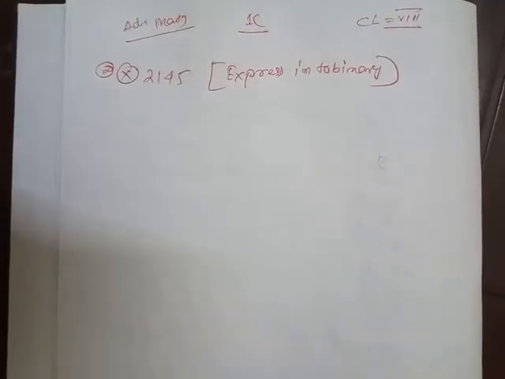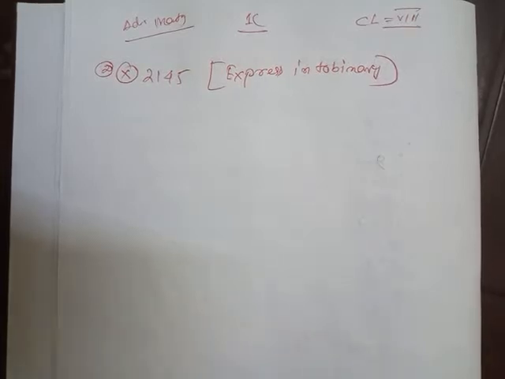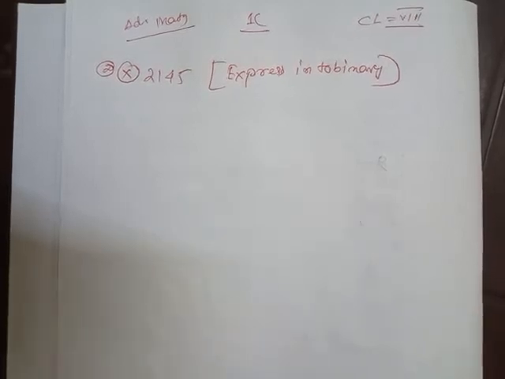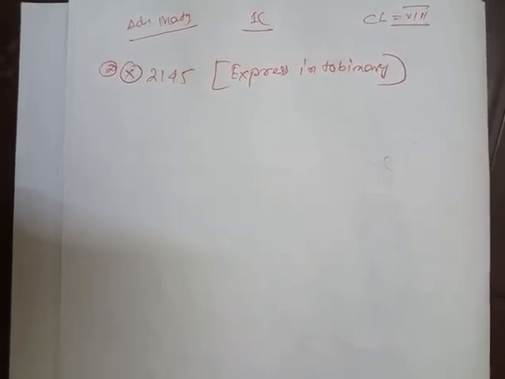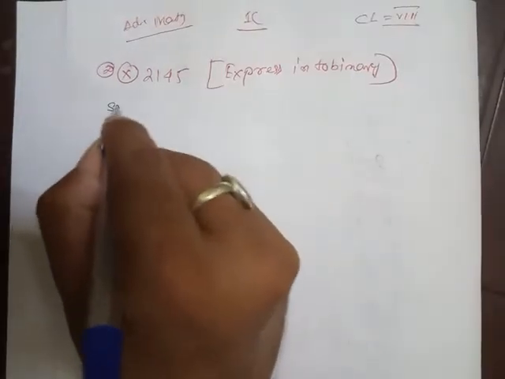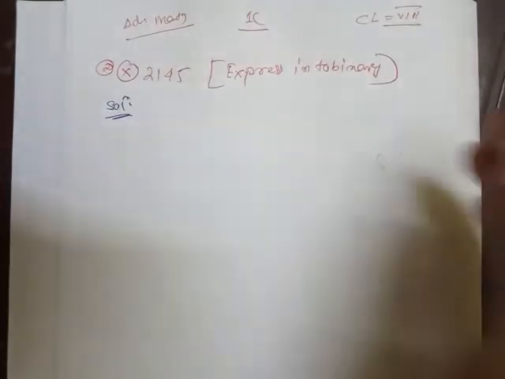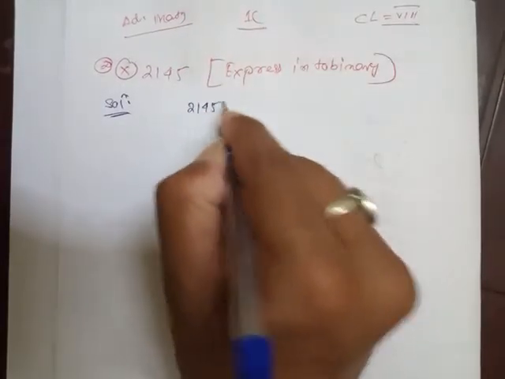Students, now we are going to solve 1C Advanced Maths Class 8 question number 2, Roman 10: 2145. A similar question, expressed into the binary. 2145 is given in the form of decimal. We have to convert this into the binary. Now how to solve it? Let's have a look. First of all students, I will write here the solution, then we will convert this decimal value into the binary. Look how to solve this one.